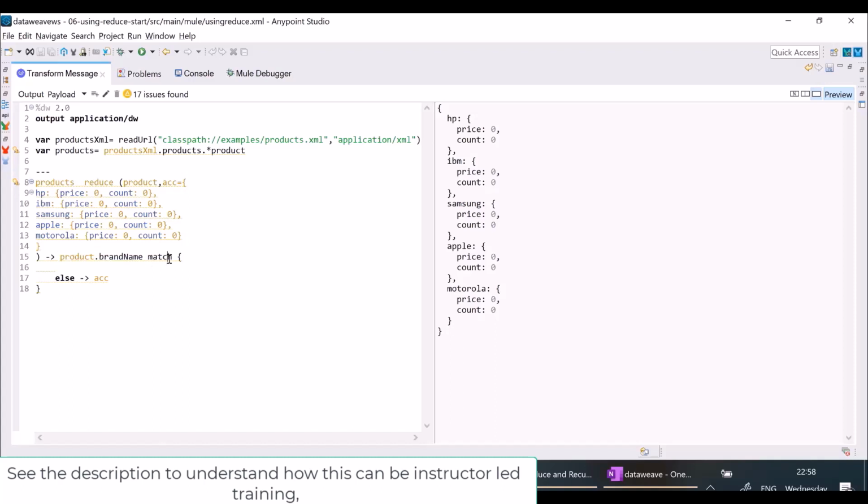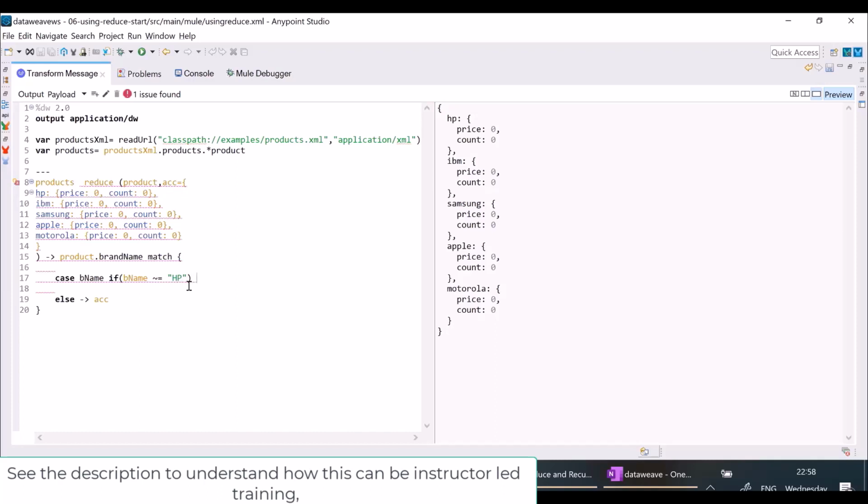Right now I wrote only else. Now I'll write a case. The current element for this match, I'll take it as bName, or brand name, anything. If bName is equivalent to HP,